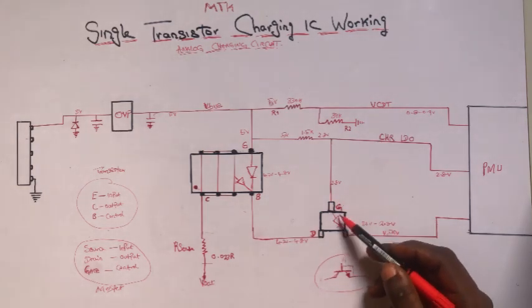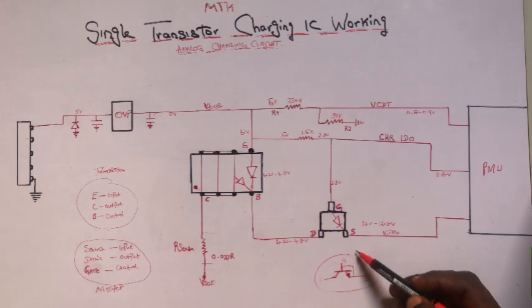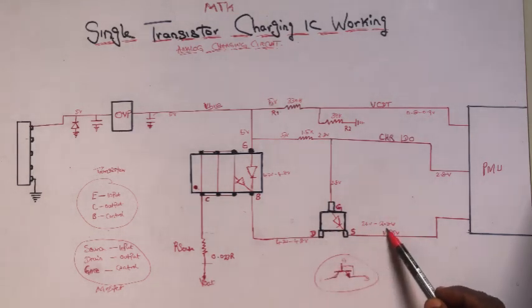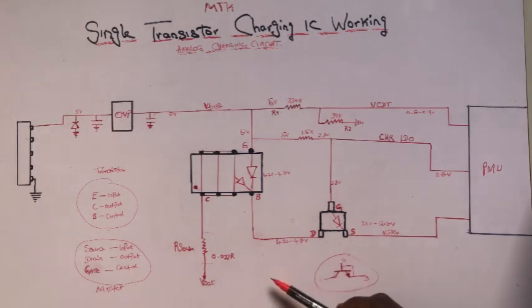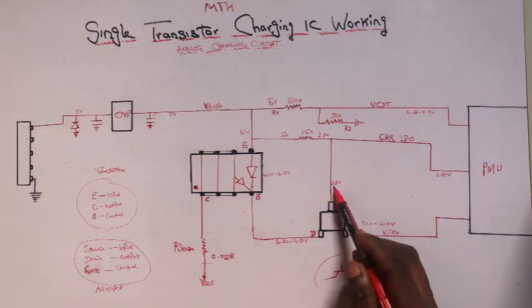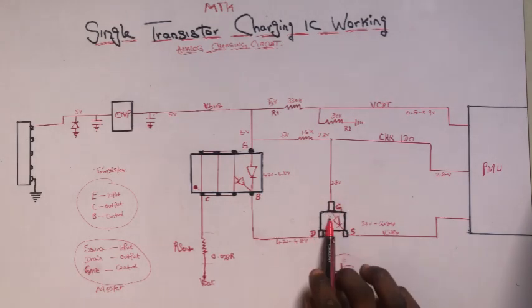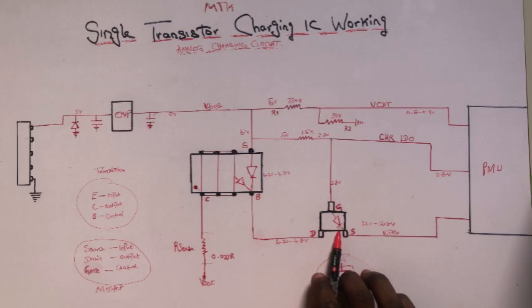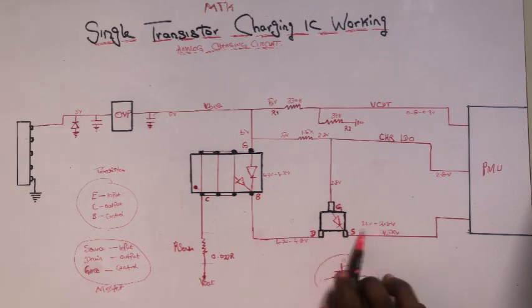There's a diode connected between the gate pin and the source pin, and on this side of the source pin, you have 2.7 volts to 2.8 volts. So if you don't have this 2.8 volts, what you need to do is test this gate pin to see if you have 2.8 volts. If you have 2.8 volts on this gate pin and you don't have 2.8 volts here, you have to change this MOSFET. It's either the MOSFET or the diode inside is faulty. So if you change this MOSFET and still you don't get this 2.8 volts, what you need to do,